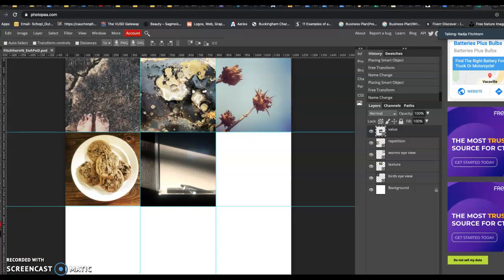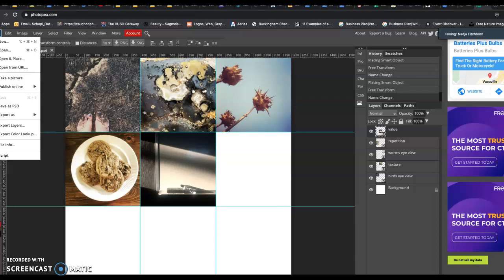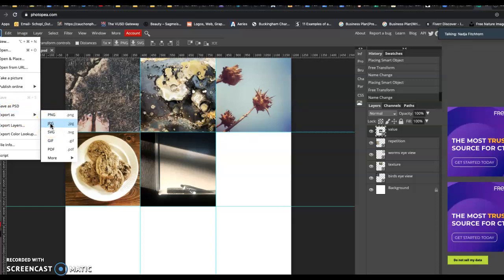Now we have to save it as a JPEG just so we could put it in our folder so Fitchhorn doesn't give us an F. So we go File, just kidding, someday. File, sorry, Export as JPEG. That's a viewable